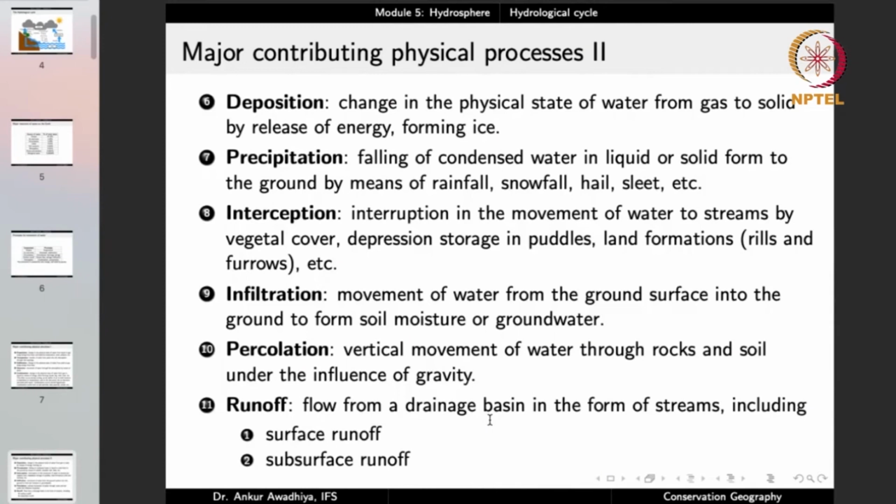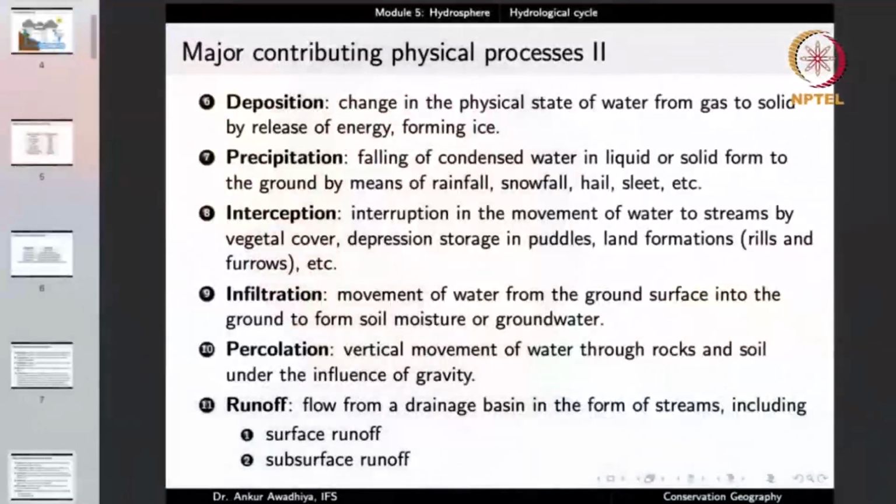Another process is deposition. Now deposition is the opposite of sublimation. In sublimation, water is converted from solid to gas without going through a liquid phase. Similarly, in the process of deposition, water moves from gas to solid without going through the liquid phase. So deposition is the change in the physical state of water from gas to solid by release of energy and